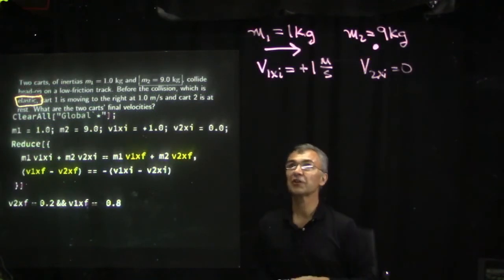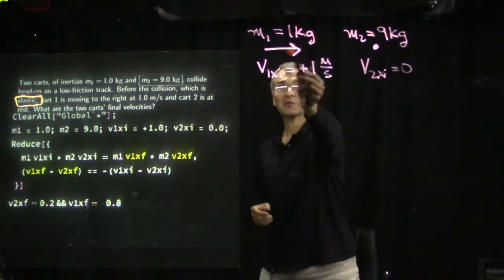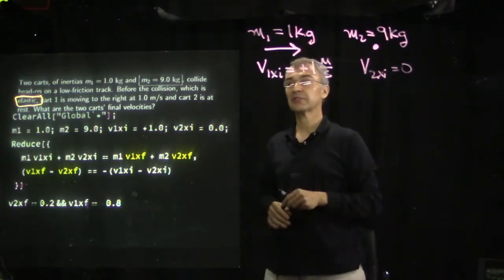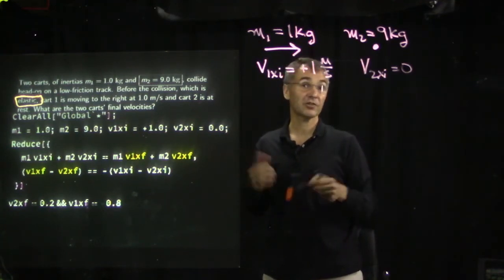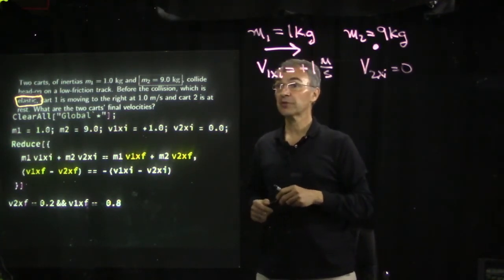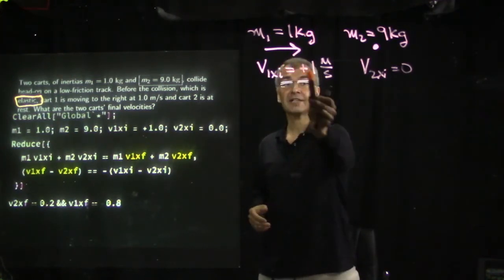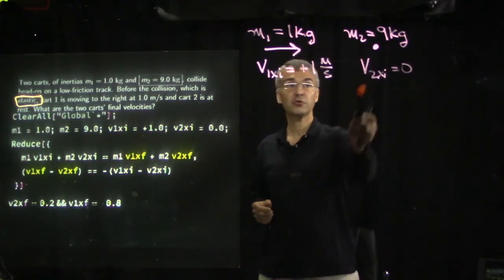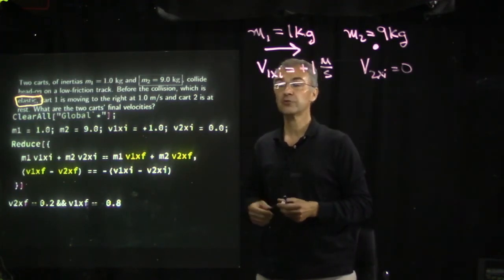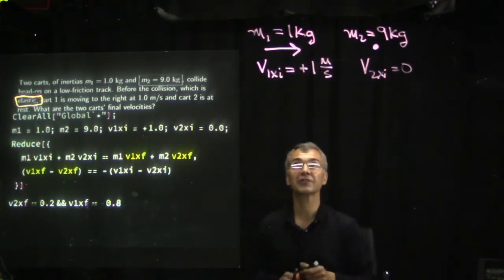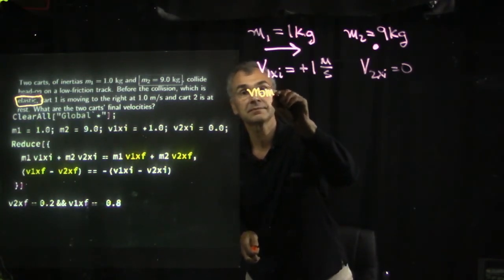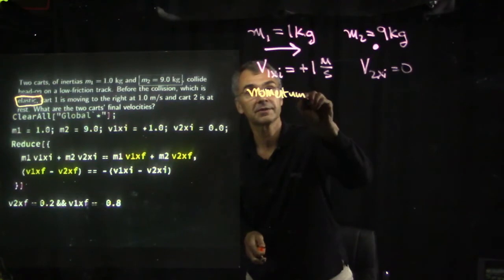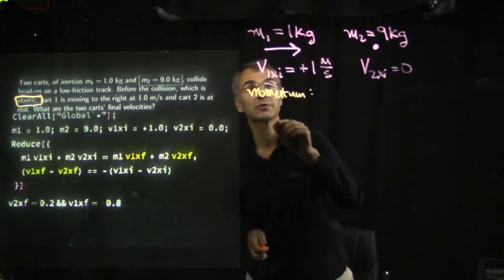2 carts of inertias m1 equals 1 kilogram, m2 equals 9 kilograms collide head-on on a low-friction track. Low friction, the system is isolated. Before the collision, which is elastic, cart 1 is moving to the right at 1 meter per second, and cart 2 is at rest. What are the 2 carts' final velocities? Well, momentum lets us write, because it's an isolated system of 2 carts,